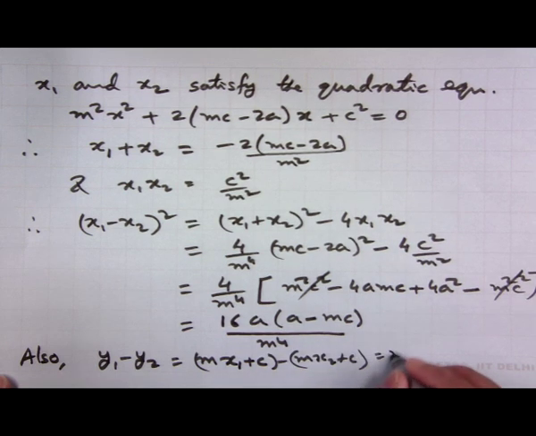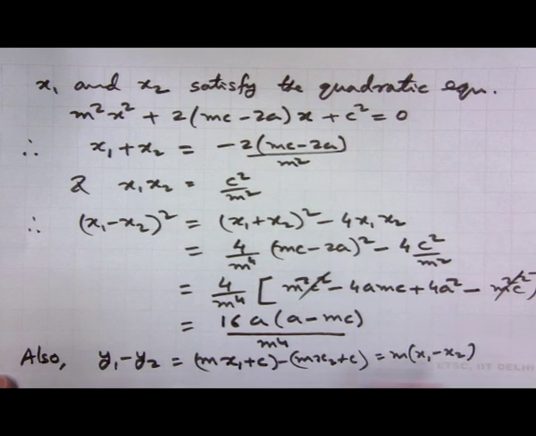So, this is equal to m times x 1 minus x 2. So, therefore,